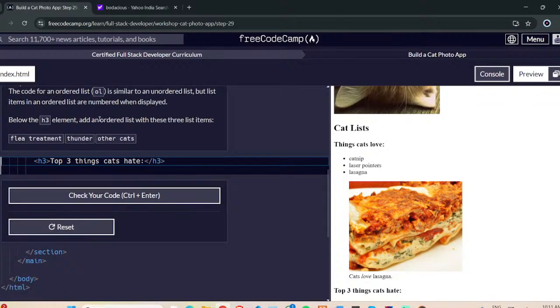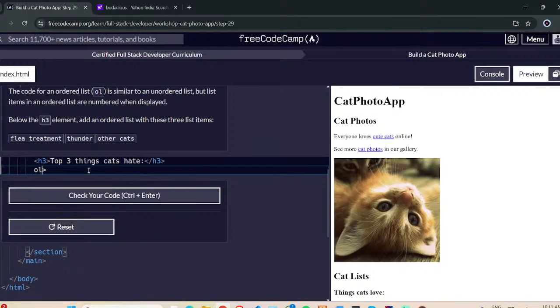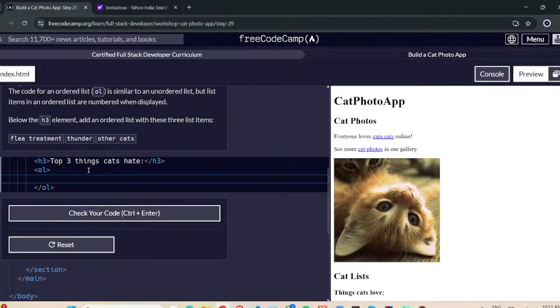So below each element, add an ordered list of 3 items. Okay, so we have to add an ordered list. To add an ordered list, we have to use OL. I have to do it like this, and this OL. This is an ordered list, and inside the ordered list we have to use 3 items. So li